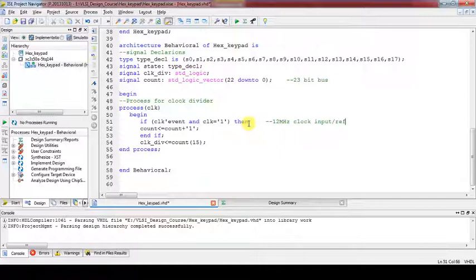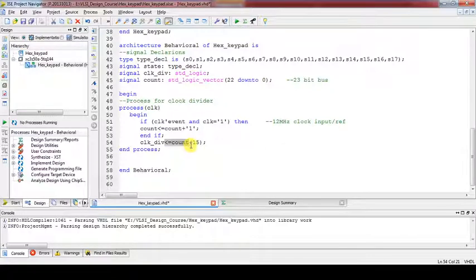On each rising edge, clock'event and clock equal to 1, which I have explained many times in my earlier examples, we are detecting the clock. On that clock, increment the count, and take count of 15.